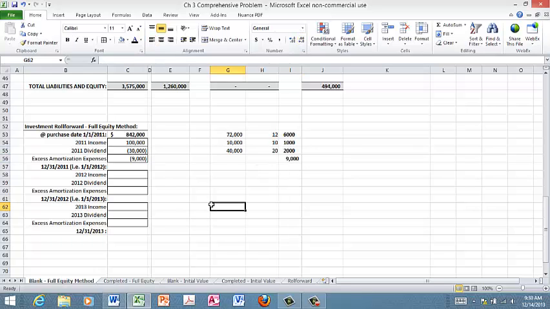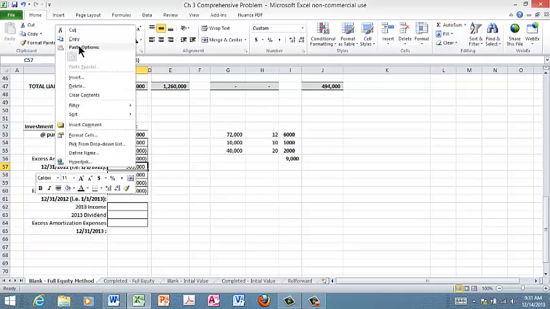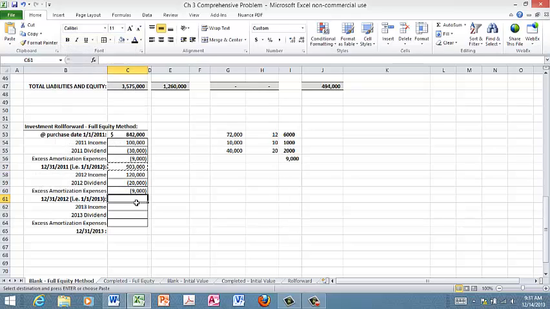There we go. So then we need to keep moving forward on this roll forward. 2012, we had net income of $120,000. We had dividends that were paid by the subsidiary of $20,000. Put that there as a negative. And then, of course, our amortization comes forward one more time. While I'm at it, I'm going to do an auto sum feature so we can snapshot this balance. I'll copy that formula down,